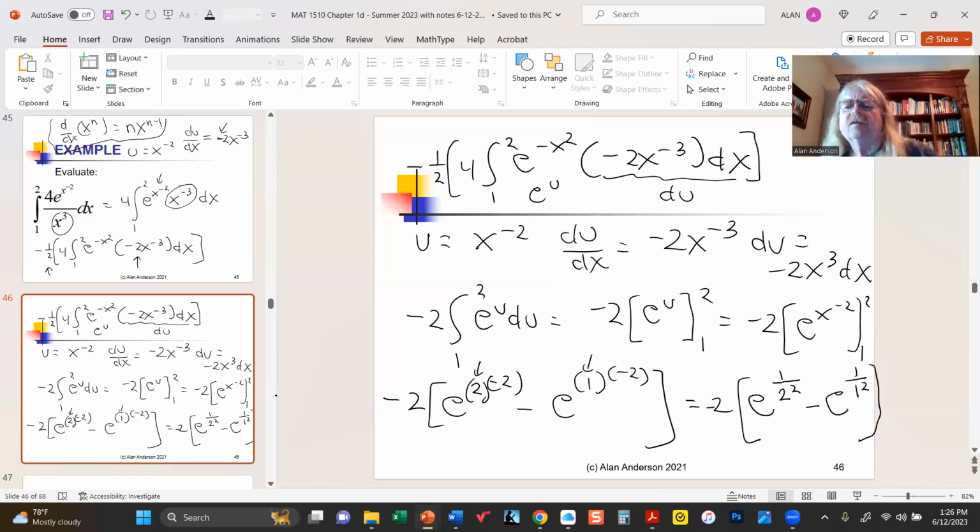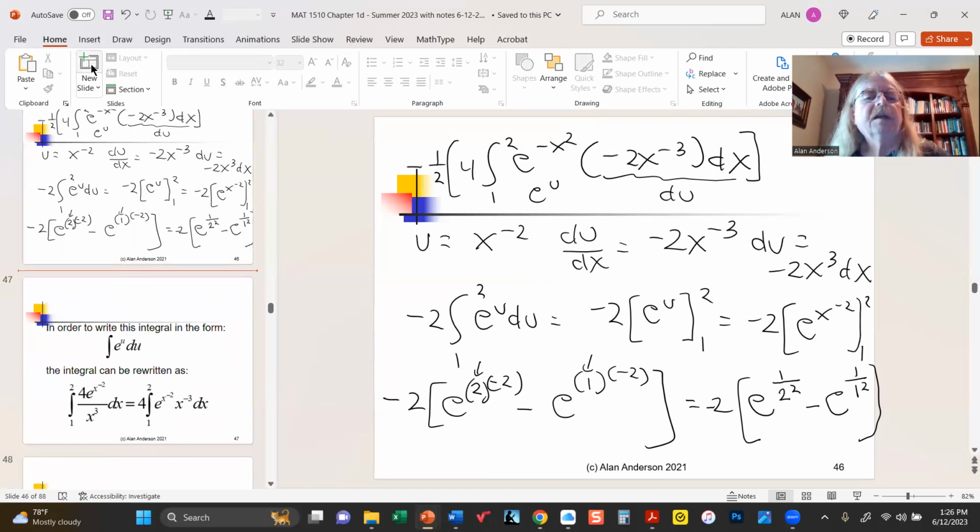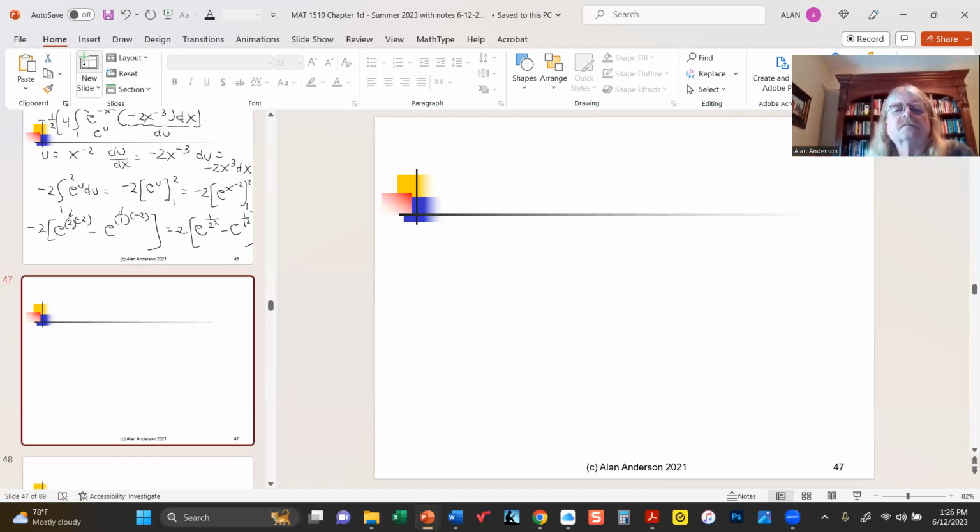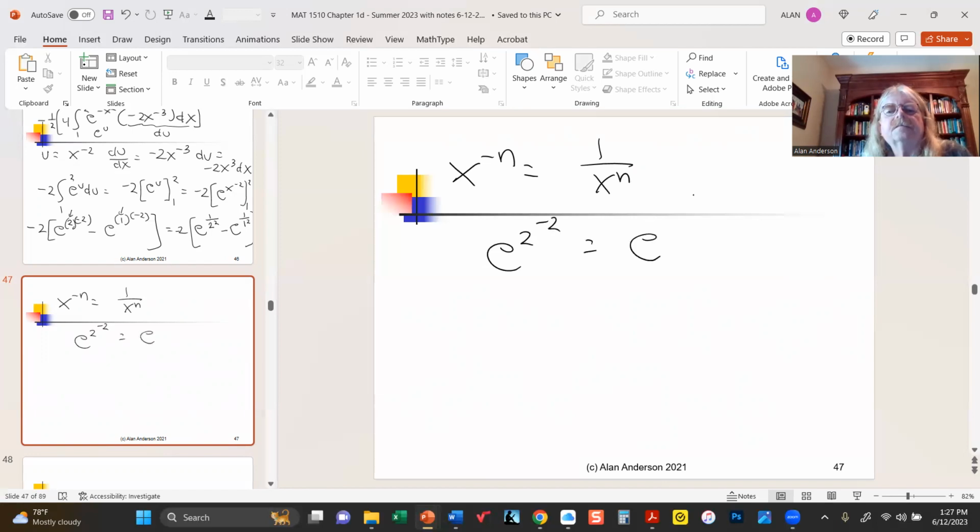You don't have to do it that way, but I think it might be easier because, for example, in general, so therefore, e to the 2 minus 2 must be e to the,